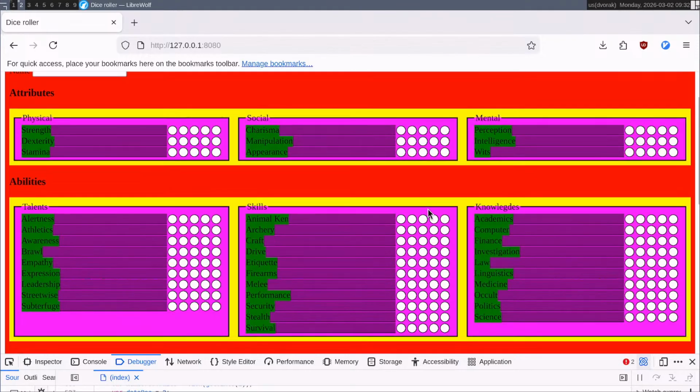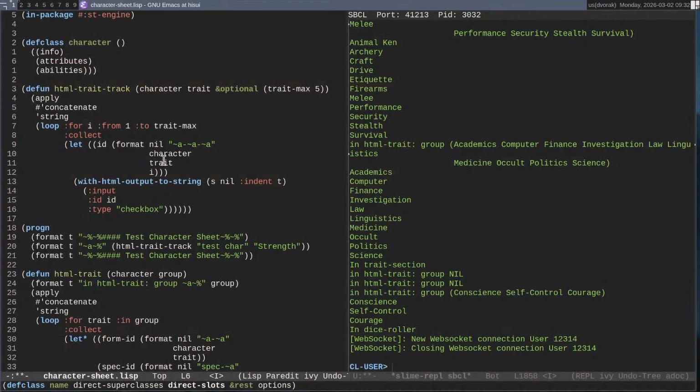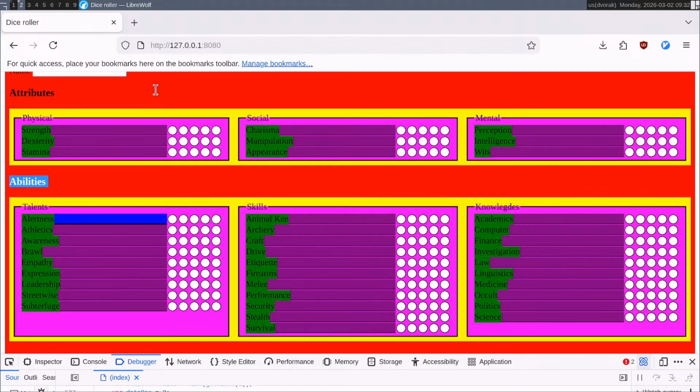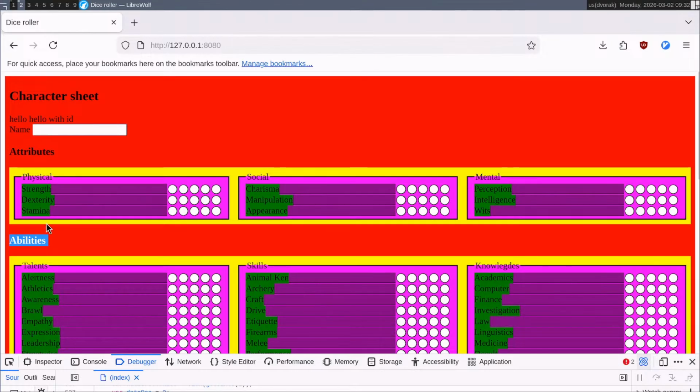Character sheet looks like this. Yeah, it's attributes, then abilities. And I'll only do these two for the moment. Now, info. We'll leave info. Info's a little bit different because a trait has a score, whereas these traits, for lack of a better word, don't have scores. They just have text. These also have optional text.